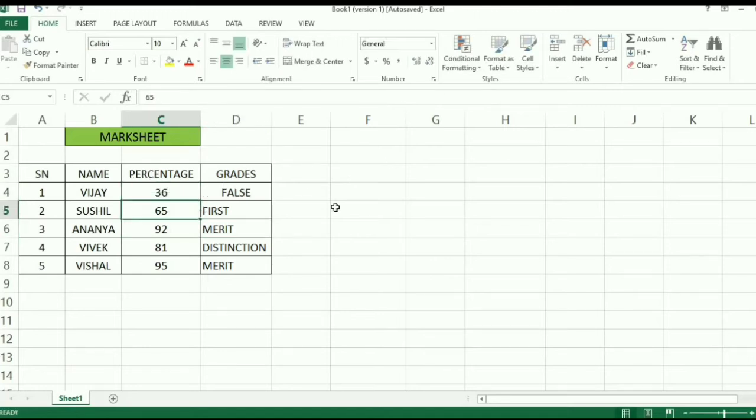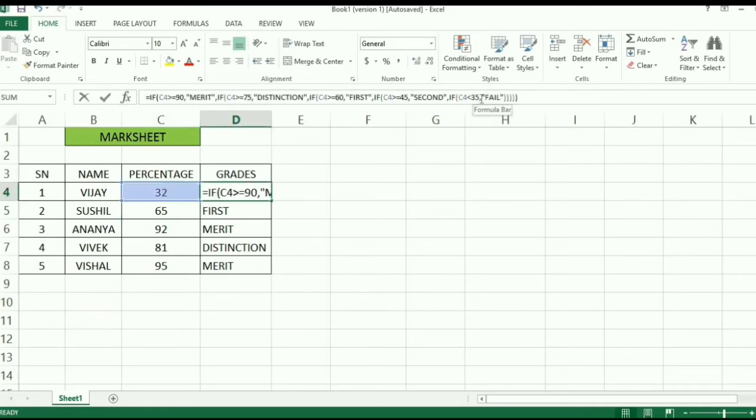Now here I am trying to decide, see, for above 36 percentage to 45 I have not mentioned any IF condition. For that also we should create IF statements. That means the students who have percentage from 35 to 45, we have to write one more IF statement here. C4 we will write, C4 is less than 45.